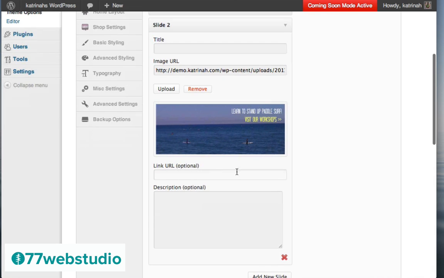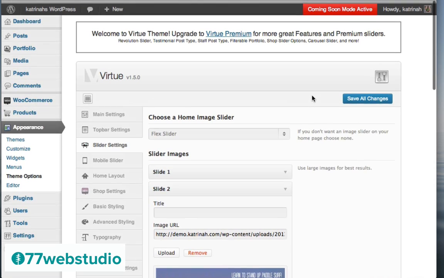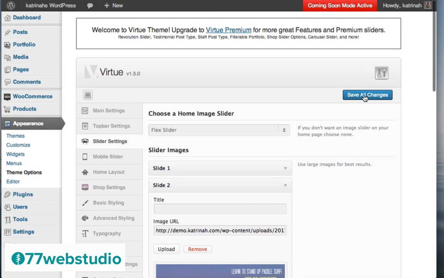Then I'm going to link this particular image to the Learn page, the Learn to Stand Up Paddle Surf page. So I'm going to add the link right here. And then finally, once again, if you'd like to add a description, you can do that by adding your description right here. So I'm just going to use 2 different images for this rotating slider. If you'd like to add more images, you can continue to click Add New Slide right here and keep doing the same process. So I'm just going to come up to the top here and click on Save All Changes